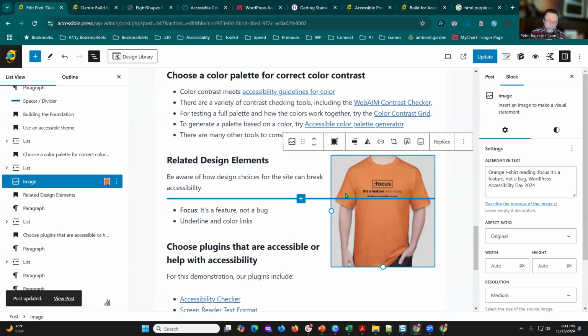So when their screen reader comes across that, it'll say image, then orange t-shirt reading, focus, it's a feature, not a bug, WordPress Accessibility Day 2024. When you're writing alt text, alternative text for an image, I think I have some details on this in a little bit, but